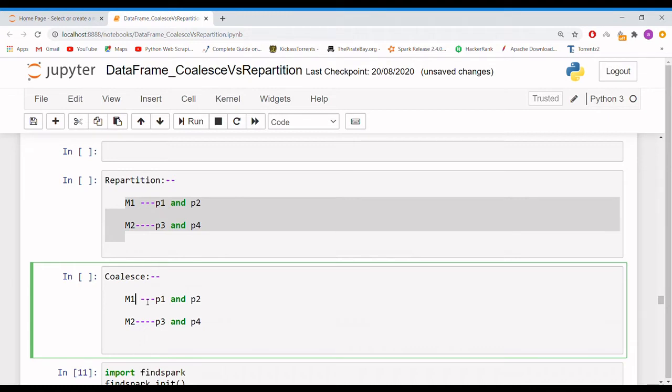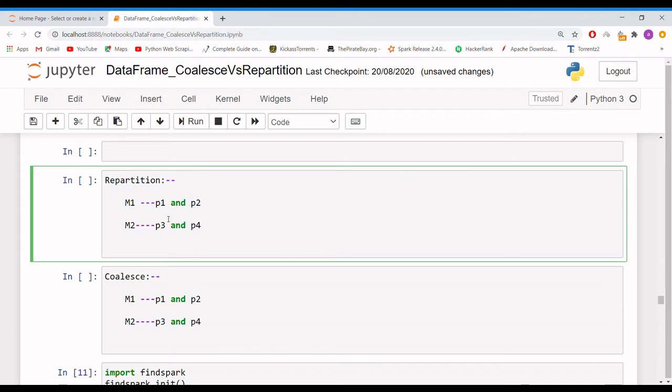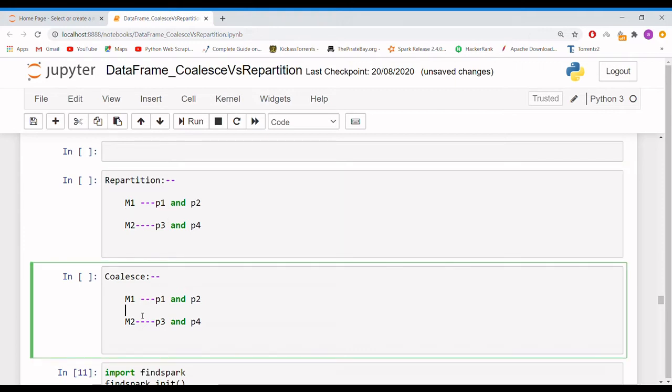That is the main reason that, performance-wise, coalesce is higher performing and repartition is lower, and moreover repartition is costly, because in real time we will not have one or two machines, we'll have a lot of machines. Getting the data from different machines is a time-taking and cost-consuming process.